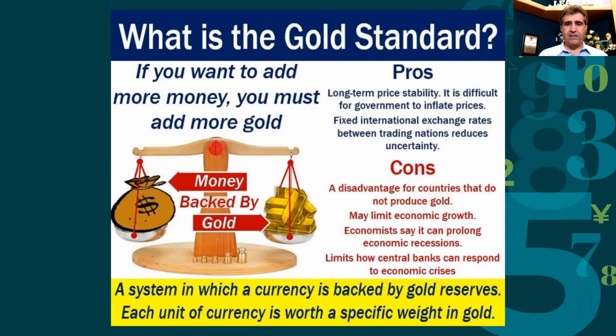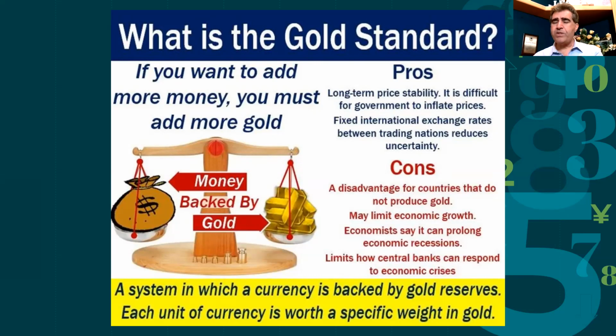So you have to back up whatever currency you have, whatever you're printing, with enough gold to provide for that amount of money that has been printed. So each unit of currency is worth a specific weight of gold. For the longest time, Switzerland was really the insurance currency, because it was backed. But we will discuss where we stand in today's world. So basically, you can see it's a balancing act. If you have this much gold, that's how much money you can print.